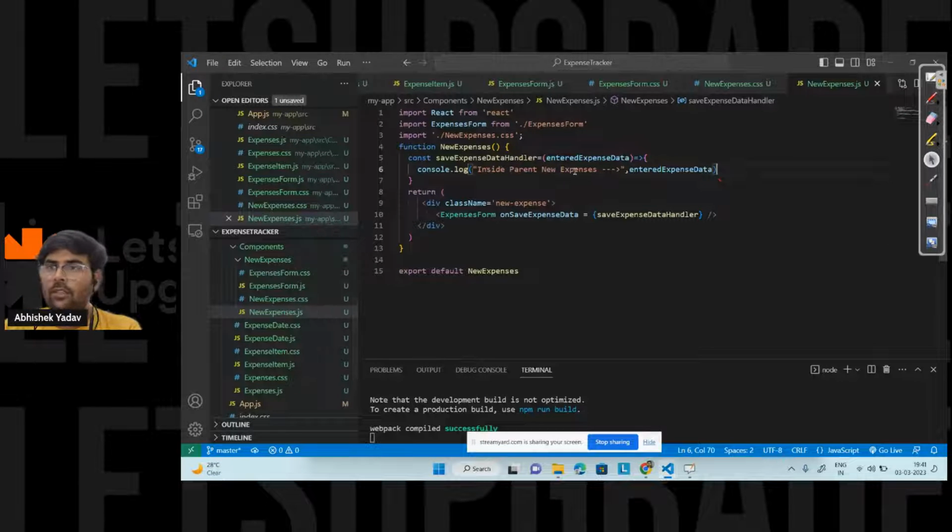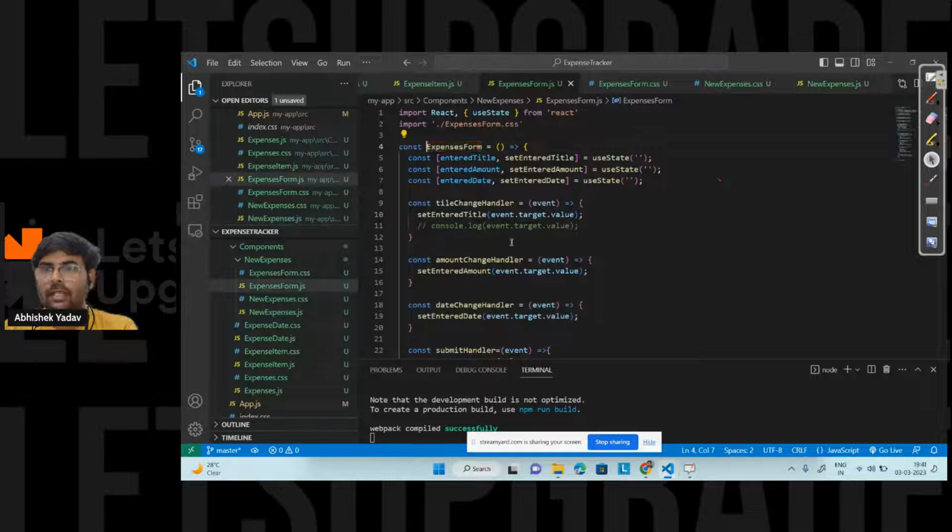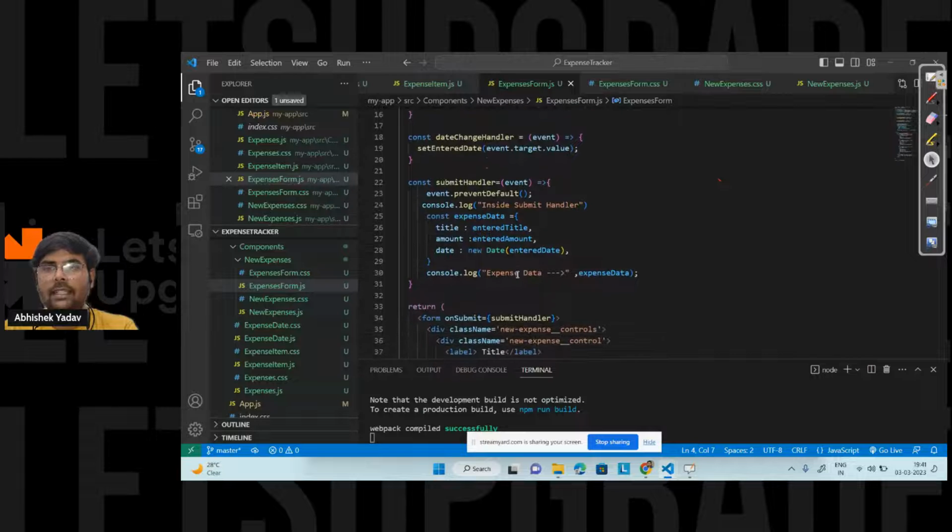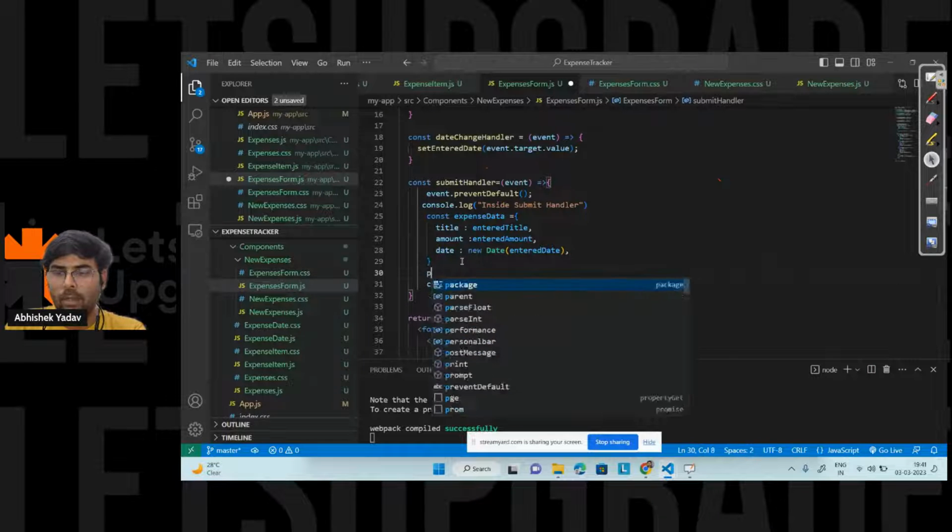After doing this stuff, I will go inside the child component, that is expense form, where we are saving the data inside the submit handler. We are saving the data inside the object, right? So here, with the help of props,